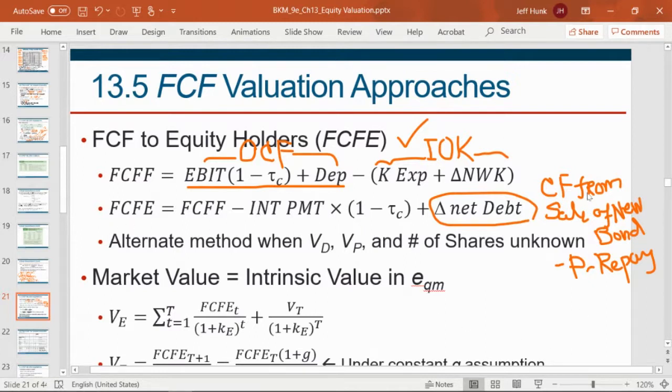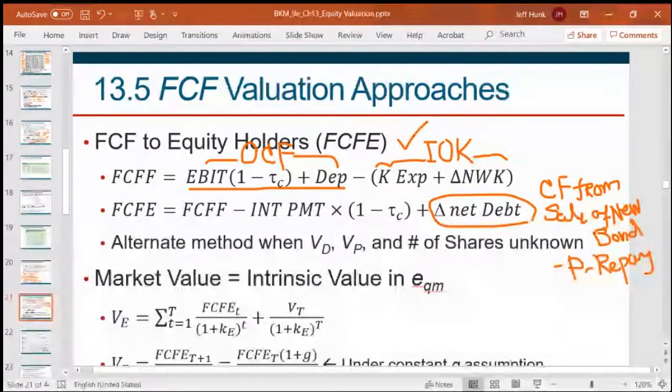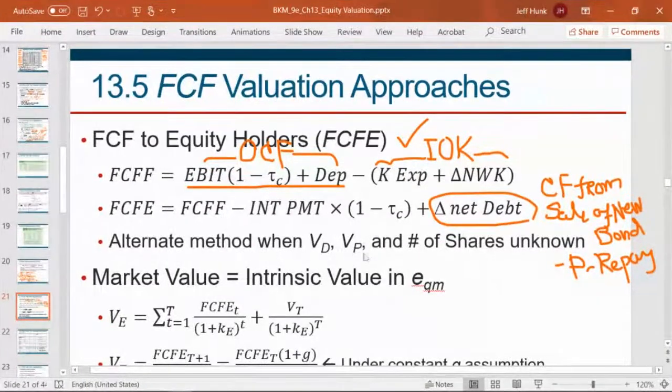But if you have no proceeds from sale of new bonds, in other words, if there's no sale of new bonds, then this will be negative and reduce the free cash flow to the equity holders, right? And then